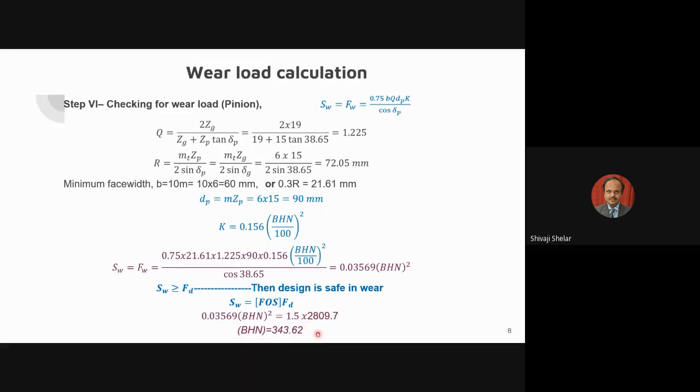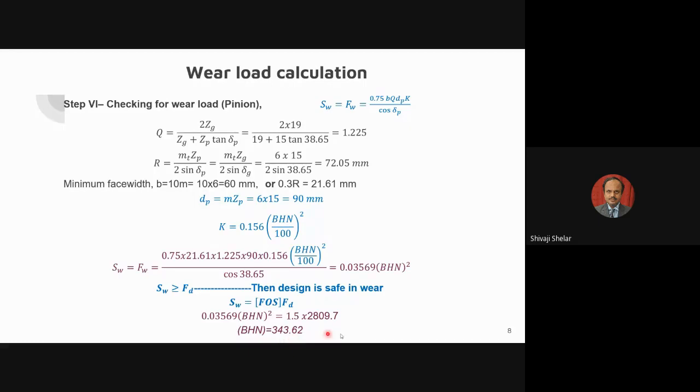So a normal surface heat treatment will give you the required strength of 343.62 Newton per millimeter square. BHN hardness is always expressed in terms of Newton per millimeter square. So this value is 343.62 Newton per millimeter square. So you require this minimum BHN to get the minimum factor of safety in wear equal to 1.5. This value is 343.6. Suppose you require 1.25 factor of safety, then this BHN will be according to that. It will be lesser, still lesser than 343.